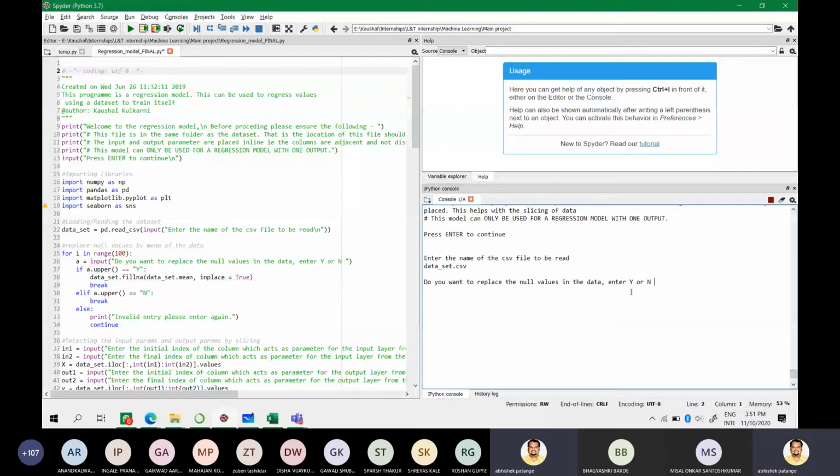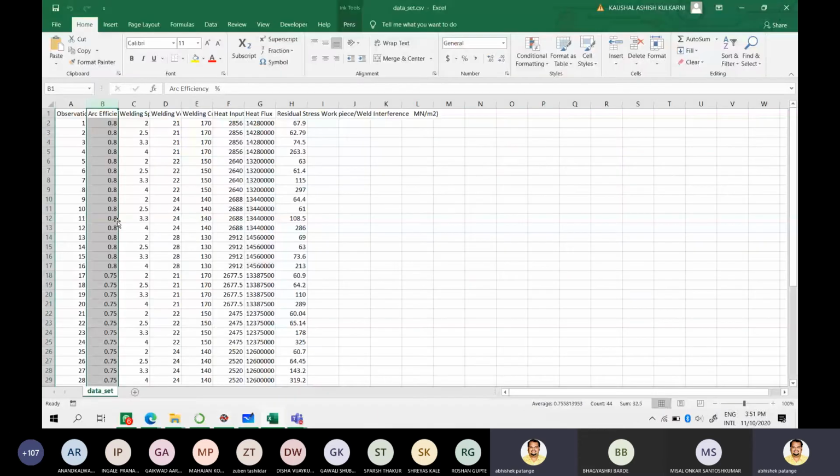Right? Now we will be splitting the data into training and test. I told you, we split it into 2 parts, training and test. And then you can either do a custom or random. This is something that I was just playing around with. I'll just type random. Enter the node of the input layer 1. So I'll write 30.